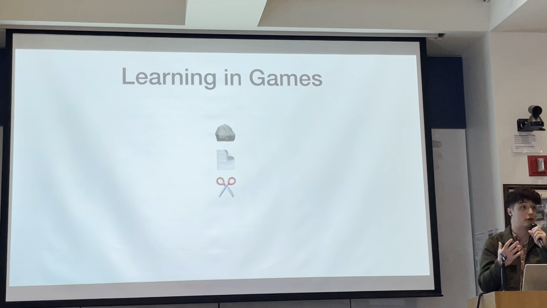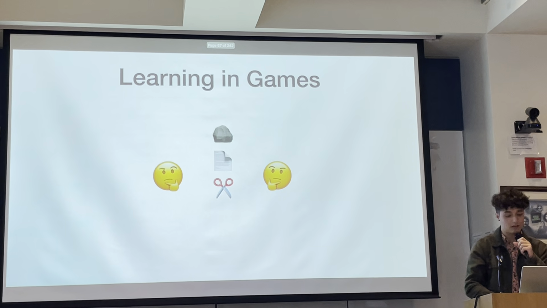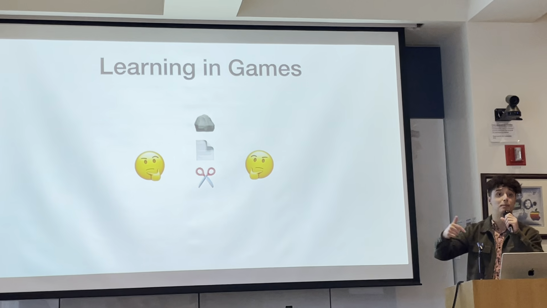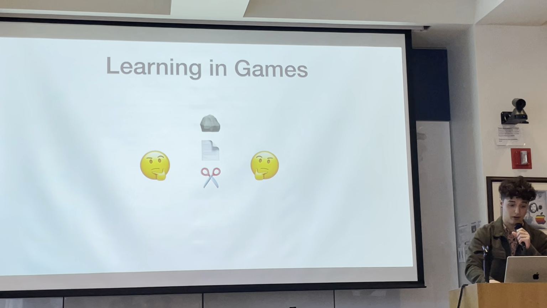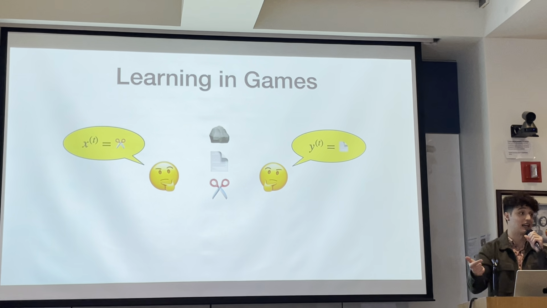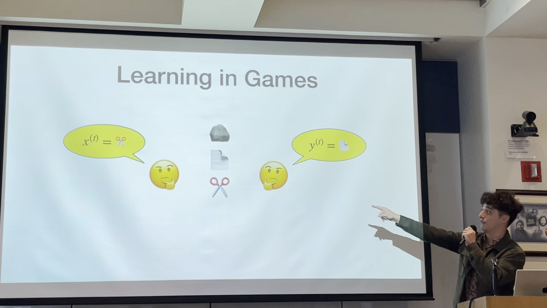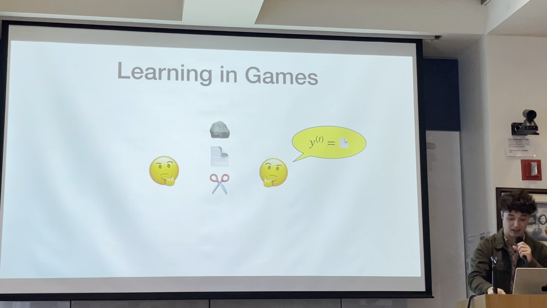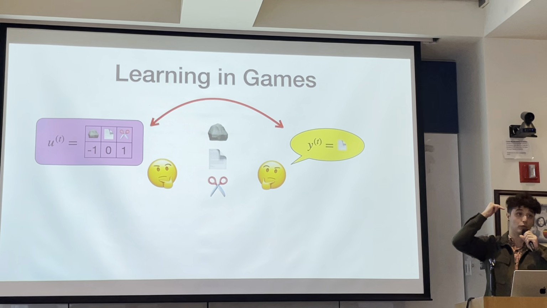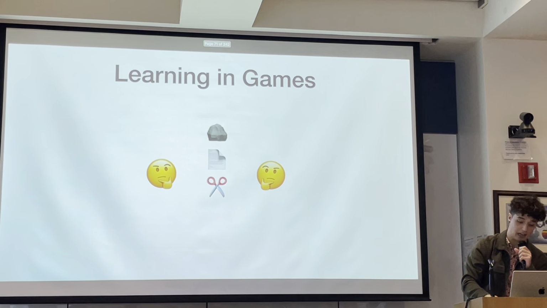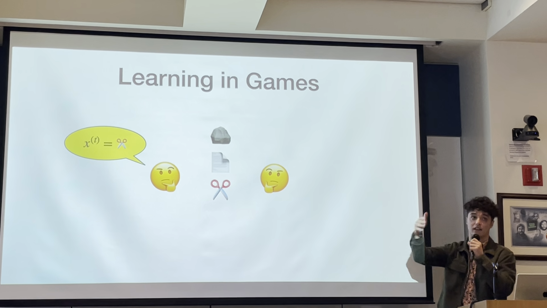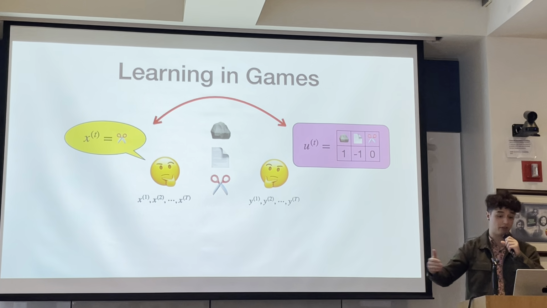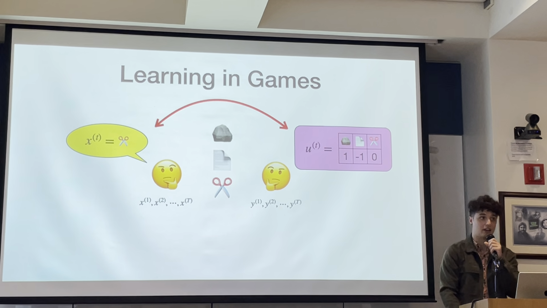One way to compute the equilibrium is using online learning. For every single player, we can instantiate an online learner and pit them against each other. At every single round, we're going to have them repeatedly select an action. From each of these guys' perspective, it's an online learning task. For the guy on the left, the action of the guy on the right corresponds to the reward that he observes. Likewise, for the guy on the right, the actions of the guy on the left correspond to his rewards. So we can run these online learning algorithms and produce these actions x1 to xt.